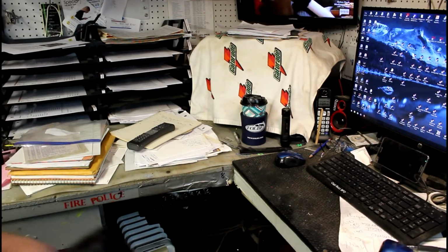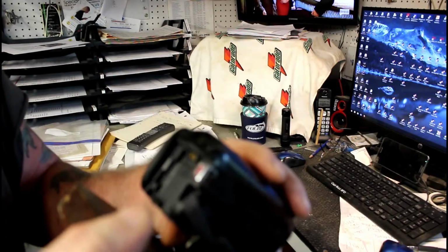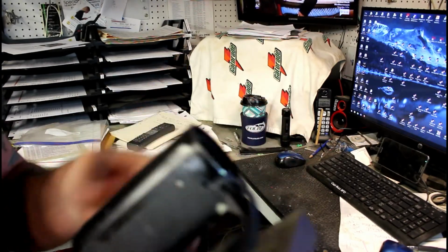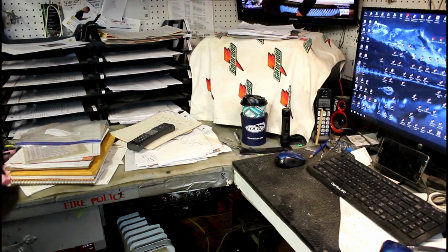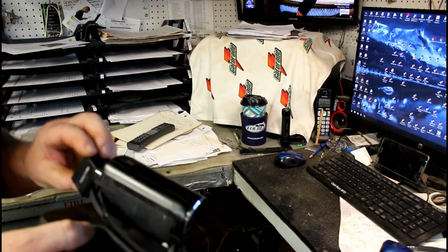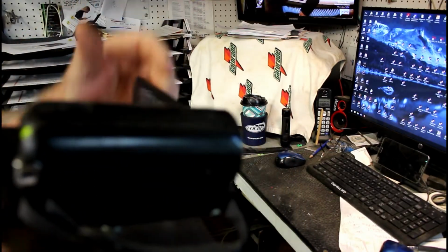Yeah, I told you guys how I'm hard on cameras. Well, how old is this camera? Maybe what? 5, 6, 7 months old, if that. Well, I dropped it a number of times, but I dropped it out there doing something,